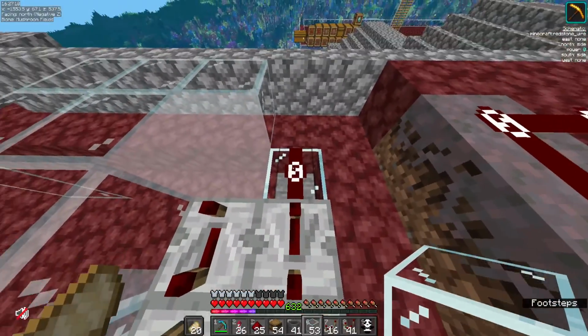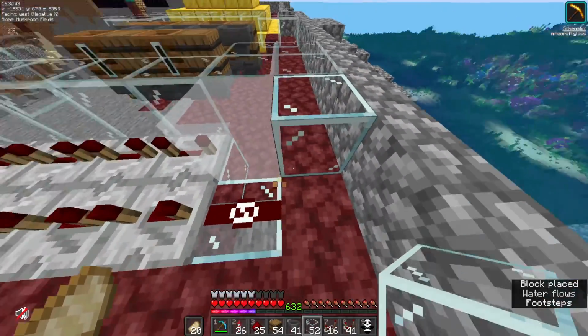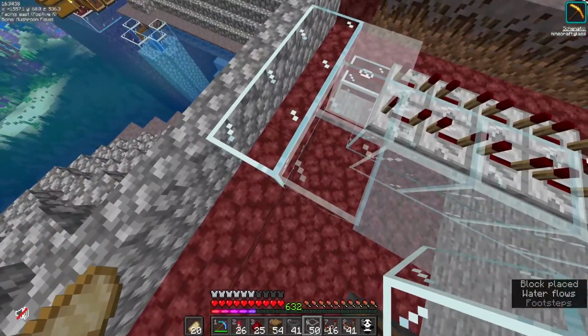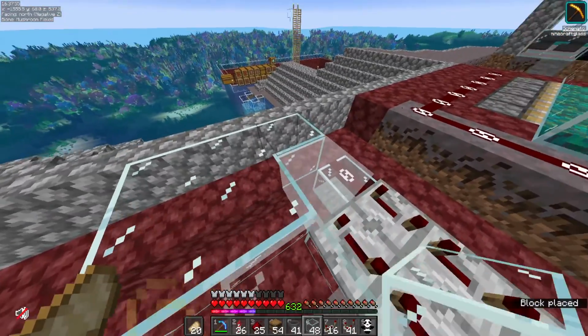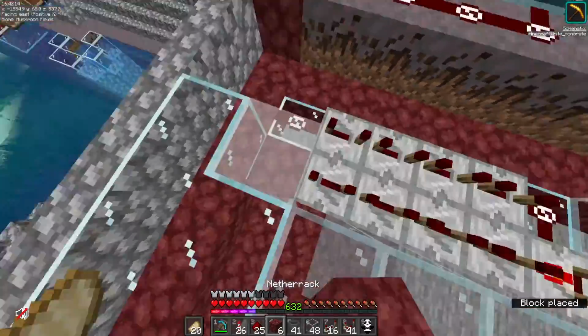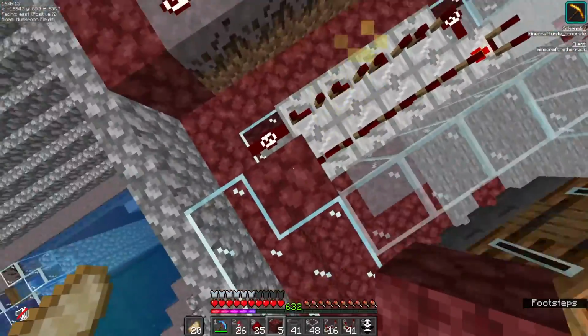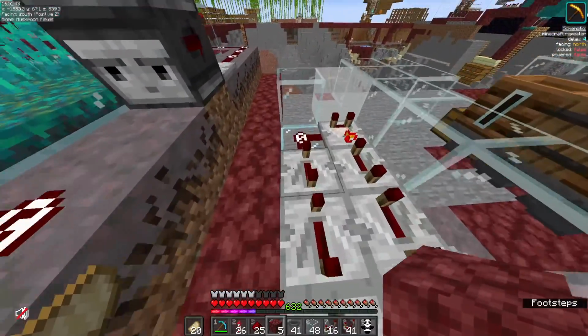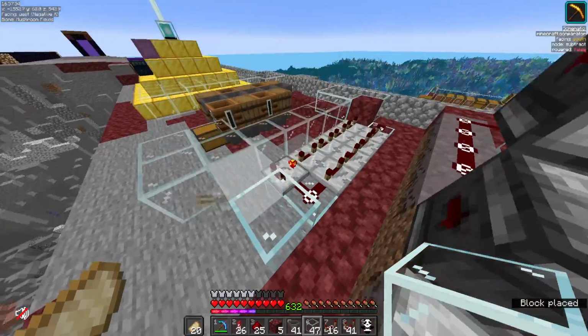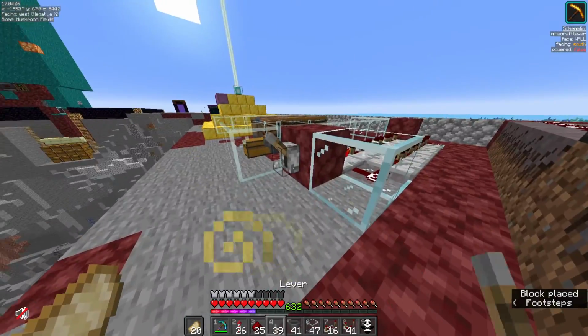Then from here, right next to the redstone, on the back side, put down a glass block, 3 far. Then put down glass right in front of that, 1 right next to that. Finally, put down your building material right next to that, so that when this redstone repeater pulses, it'll power this block and thus send it all the way back. So put this back over here, building material right next to it, put a lever right next to it,